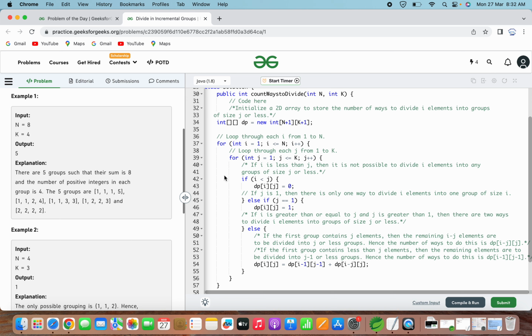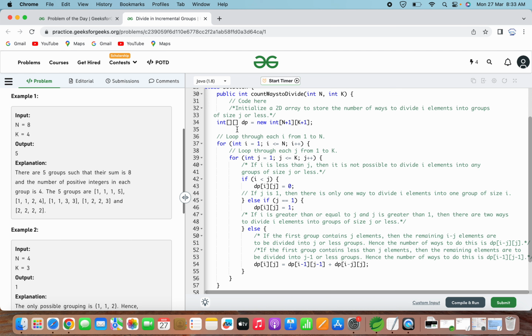For this, when i is greater than or equal to j and j is greater than 1, then there are two ways to divide i elements into group size of j or less.